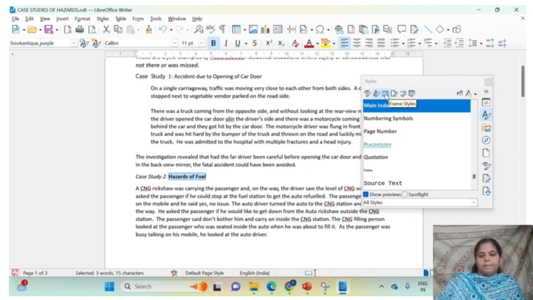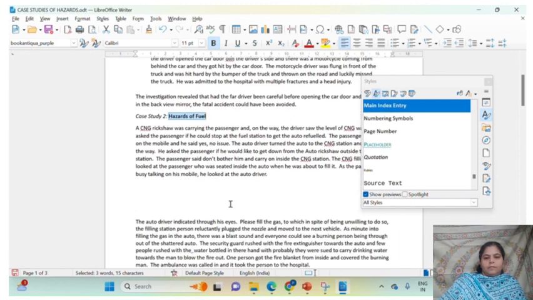Now next in succession is the frame style. Now why frame style is used? Frame style is used for dividing the entire document into different sections. So how will we be going about it? Usually frame style is applicable when we are working with text as well as images. So to implement frame styles, we will be inserting an image. Suppose I have to insert the image here.